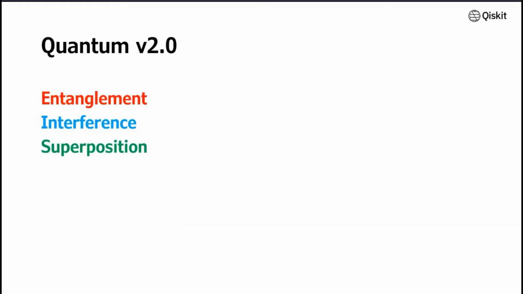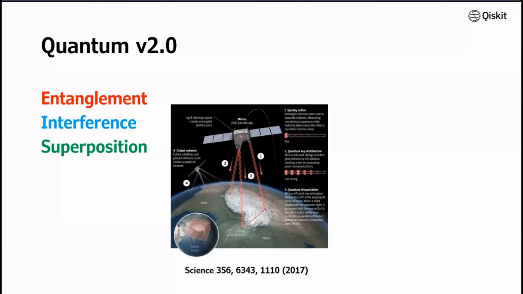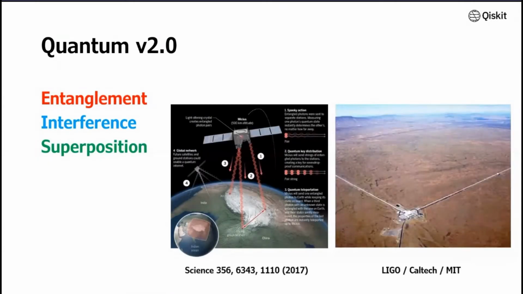Now, we are in the new age where no one asks, do you understand quantum mechanics? Now we focus on what you can do with quantum mechanics. The new concepts, such as entanglement, superposition, and interference, can now be used to improve technology or change the paradigm of current technology. For example, the concept of entanglement, which can send information faster than light, is now used in telecommunication and also to create extremely sensitive sensors.